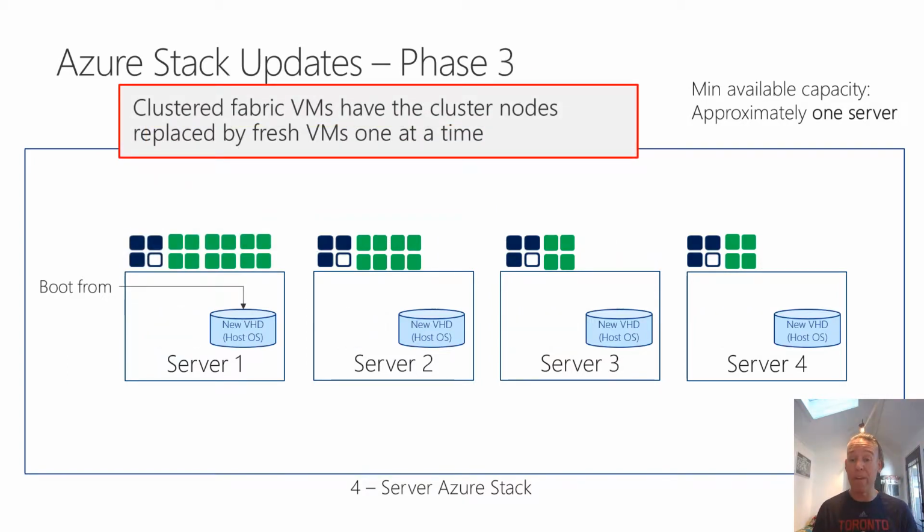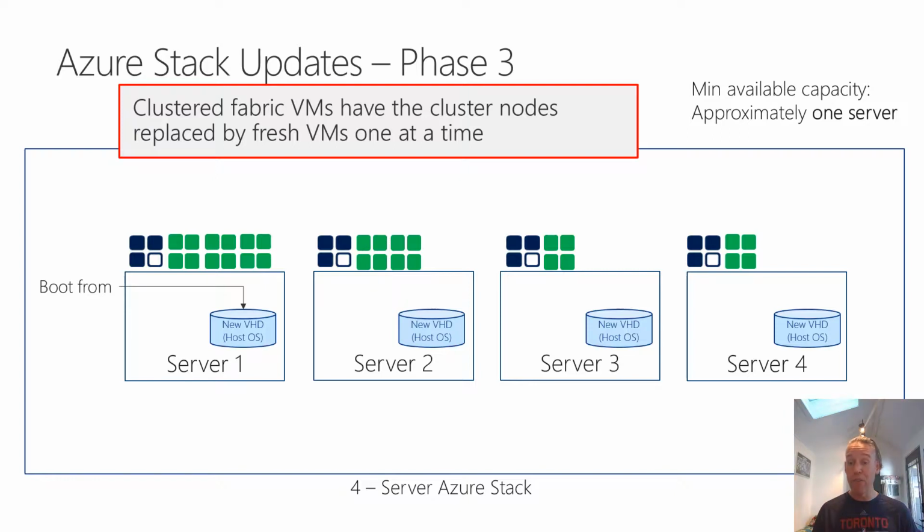After that, we need to update the fabric VMs. So those dark blue VMs here need to be updated. So we do a similar thing. Those VMs are clustered, so they're guest clustered with each other. So it's okay for us to take down one of a pair at a time, wipe it, reload the operating system into that virtual machine,